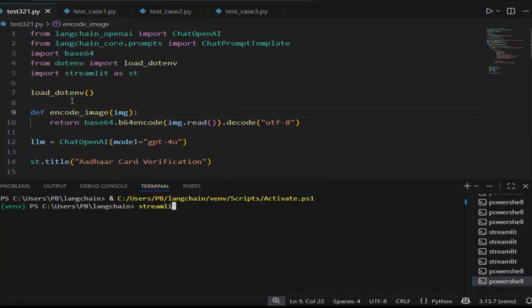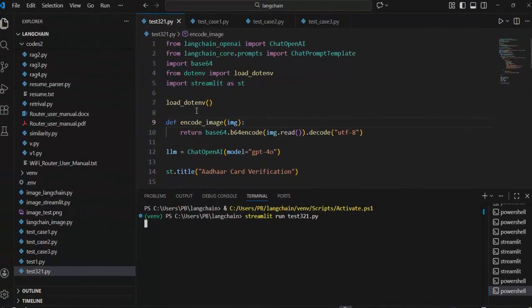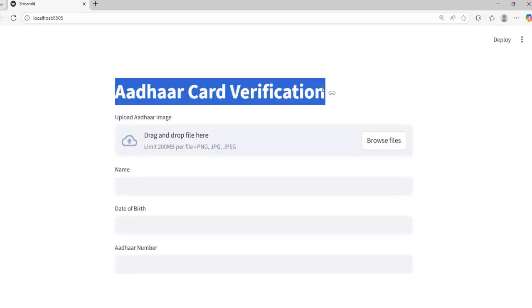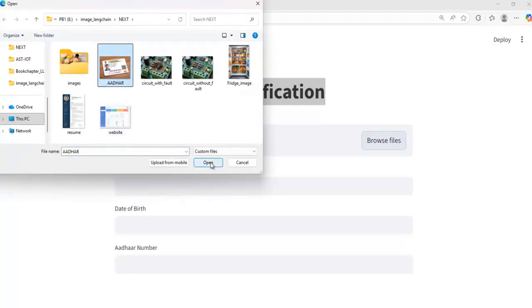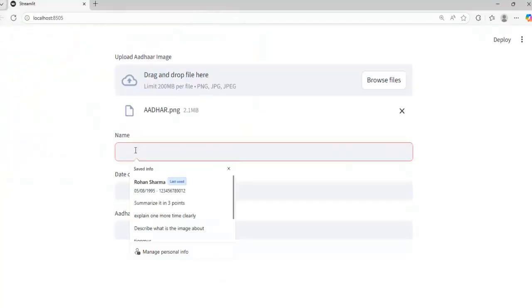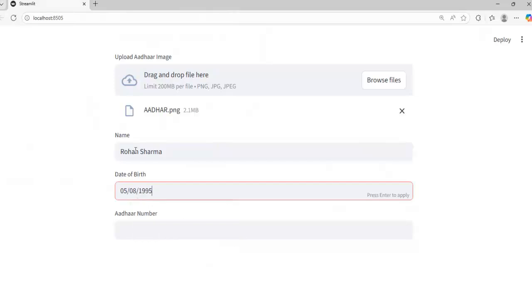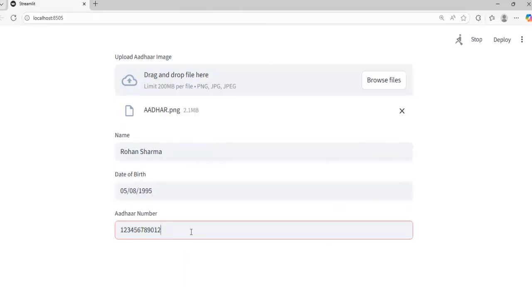This is the web application created by Streamlit. So we have to run it like this. You can see the title, Aadhaar Card Verification. And here, let's upload this Aadhaar card. Enter name, date of birth, and Aadhaar number. Let's press enter. You can see our app is running.